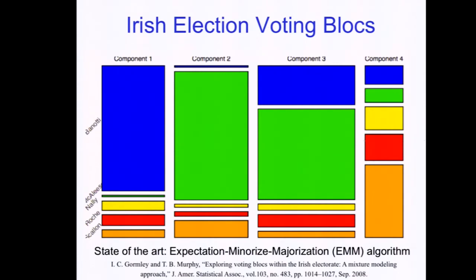So they used K equals 4 Plackett-Luce mixtures, 4 Plackett-Luce models, to fit the data set. The mixing coefficients are the width of each of these blocks. For example, component 1 is probably 0.2, component 2 is 0.25, component 3 is 0.35, and so on. And within each column, the height of the block represents the parameter, those lambdas. Okay? So the larger the height, the more probability people in this block would rank these candidates in